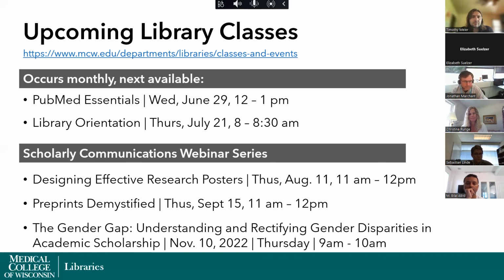The last webinar I did, Open Access 101, mentioned institutional repositories and places to deposit your research after it's been published. So you've got the preprint phase that hasn't yet gone through the peer review process. You publish it, and then sometimes you can work with the journal editors to deposit that on a personal website or a repository somewhere. MCW currently doesn't have an institutional repository, but that's something that could be advocated for. It's a space where people could deposit their works. It's not on the journal's website per se, but a copy of the article is placed there.